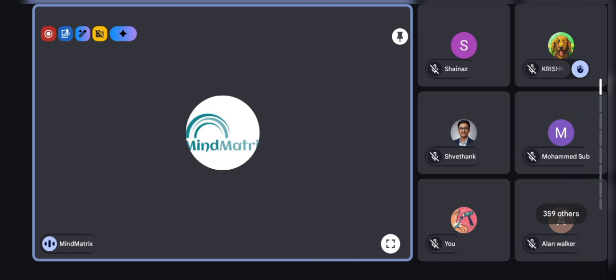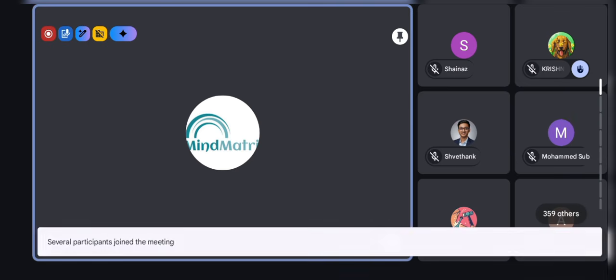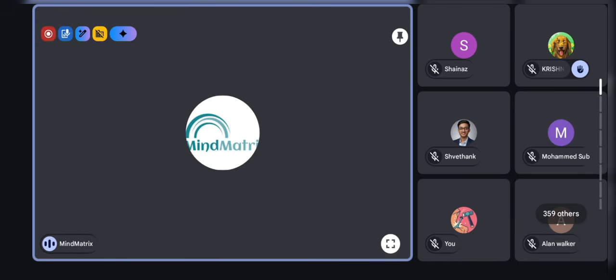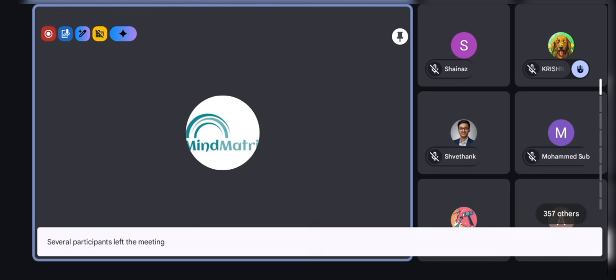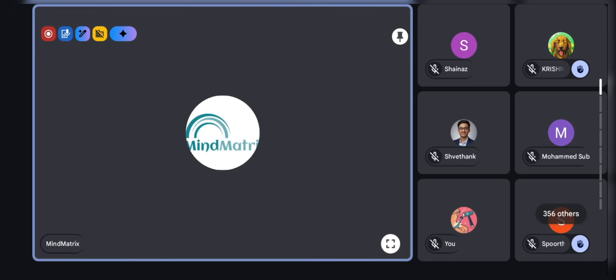The first link is conditionals in Kotlin. Can anyone tell me what conditionals are first of all, and why we use them in programming? Quickly mention it in the chat.